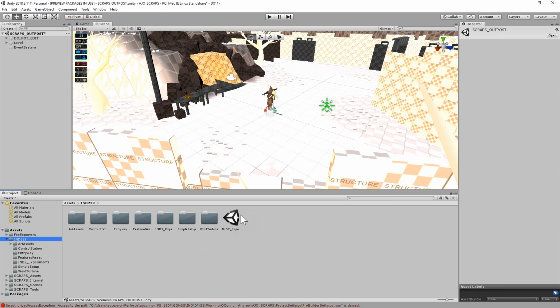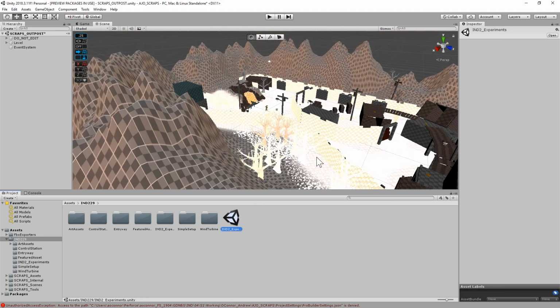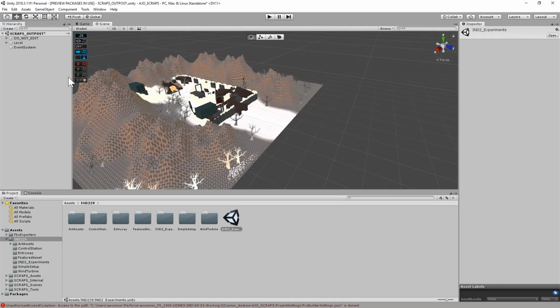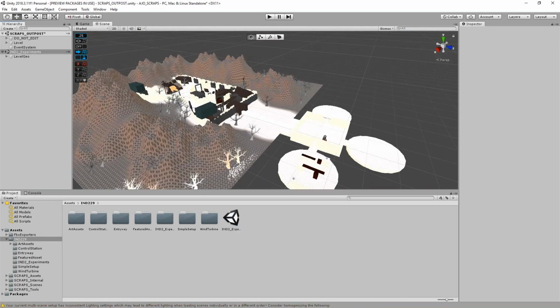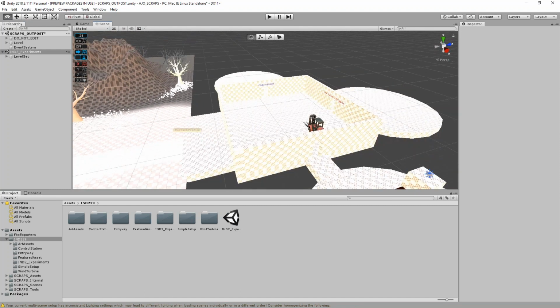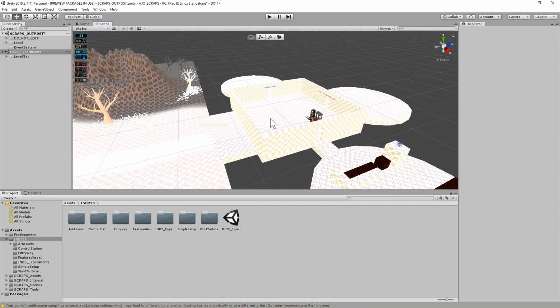All right, so here's the IND2 experiment scene in the IND2 folder. I can just drag and drop this into the outpost. All right, and you'll see there is the scene where you'll actually be able to build and work on each activity for this month. So when I go ahead and play,